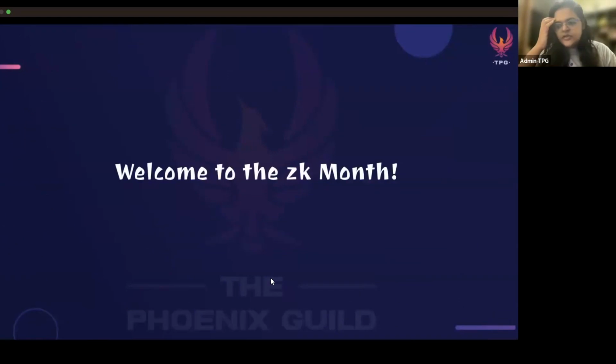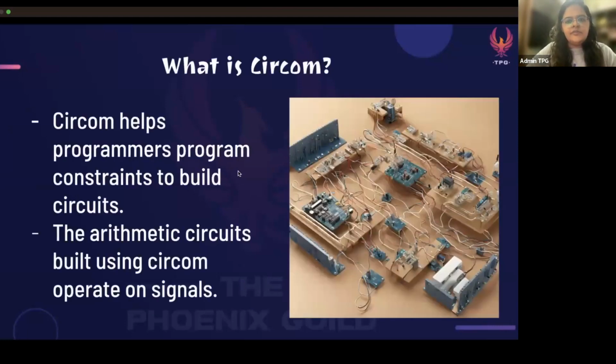And today's session, we are going to focus on this topic called Circom. We'll not go too deep into snarks or the proving side of things. And we'll just focus on learning how to write circuits in Circom. There are multiple reasons why we want to learn Circom. One of the main reasons is Circom helps you have granular control over what kind of constraint system you want to build. So